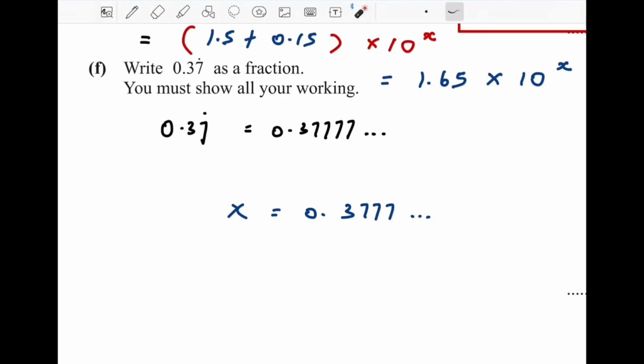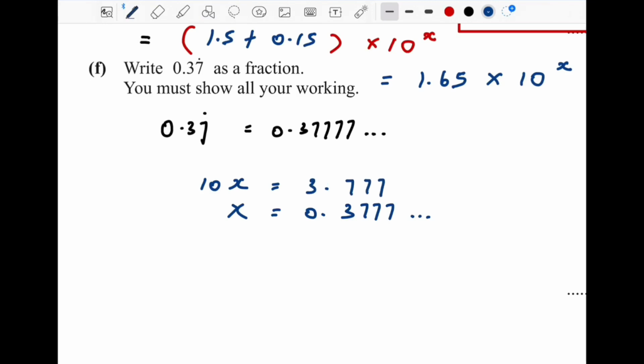But there's only one digit repeated, 7 only, so you multiply by 10. If there's 2 digits repeated, you multiply by 100. 3 digits repeated, you multiply by 1000. But there's many ways lah. If you times x times 10, it will be